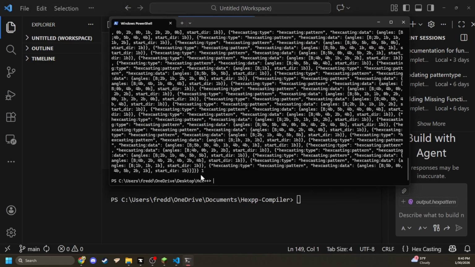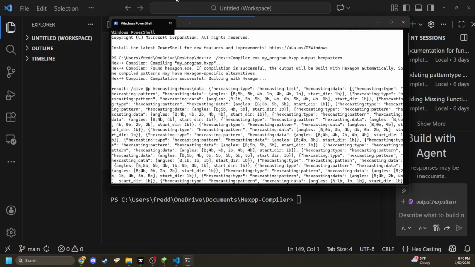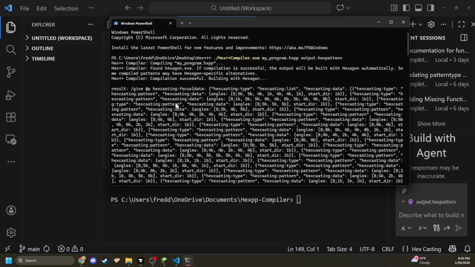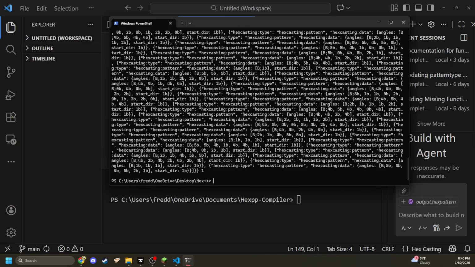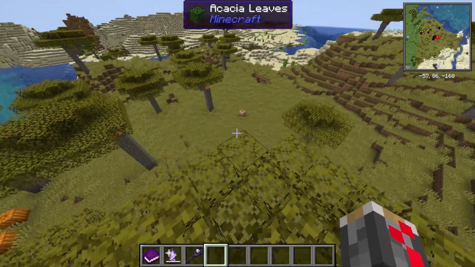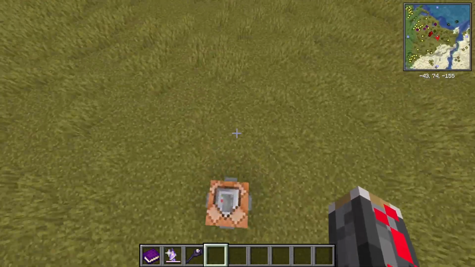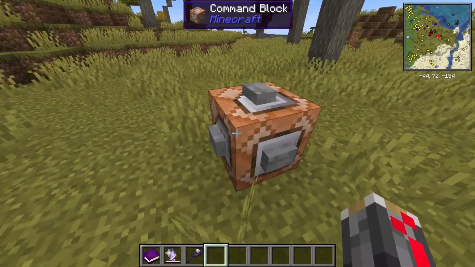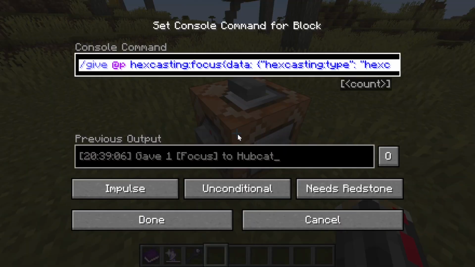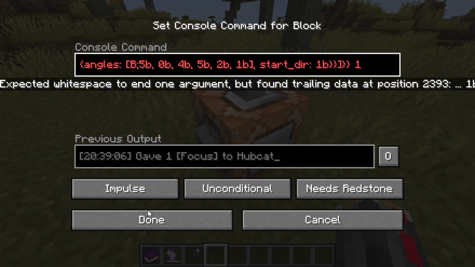And now, if I copy the new /give command, which is also much longer, it is possible for this command to be too long even for a command block. For particularly long programs, usually that shouldn't be an issue, but if it does become a problem, you can just import it manually, or if you want to use the,